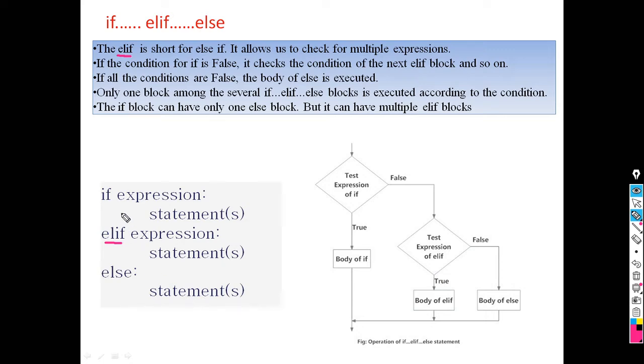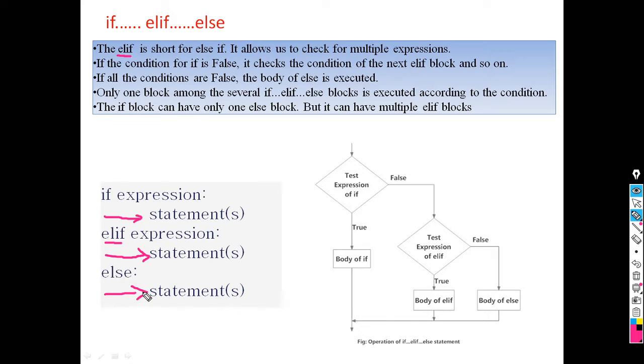Again, as I said, you should write all the statements inside if by using tab space. So inside if, again within elif, you should write like this, and again within else you should write like this. So use indentation. What is the use of indentation? Indentation indicates the beginning and the end of the if block.